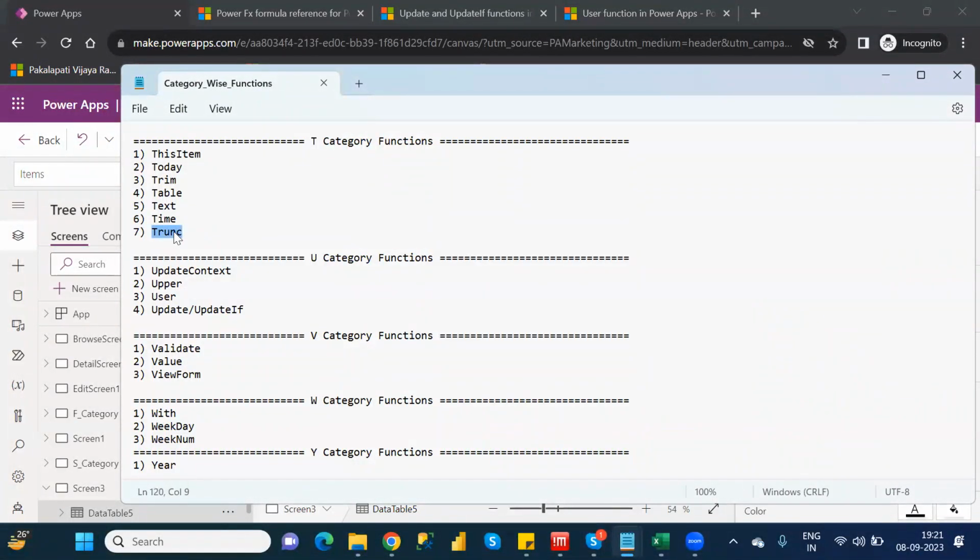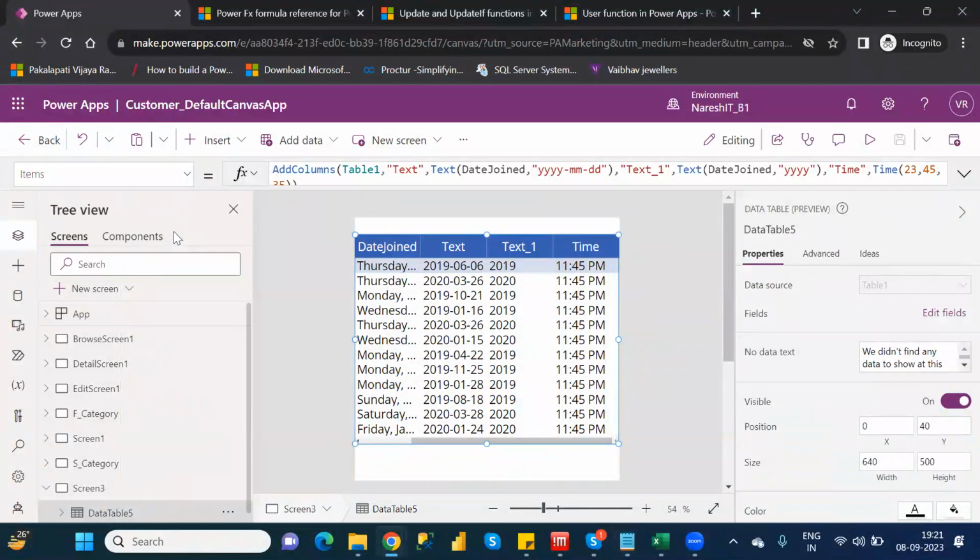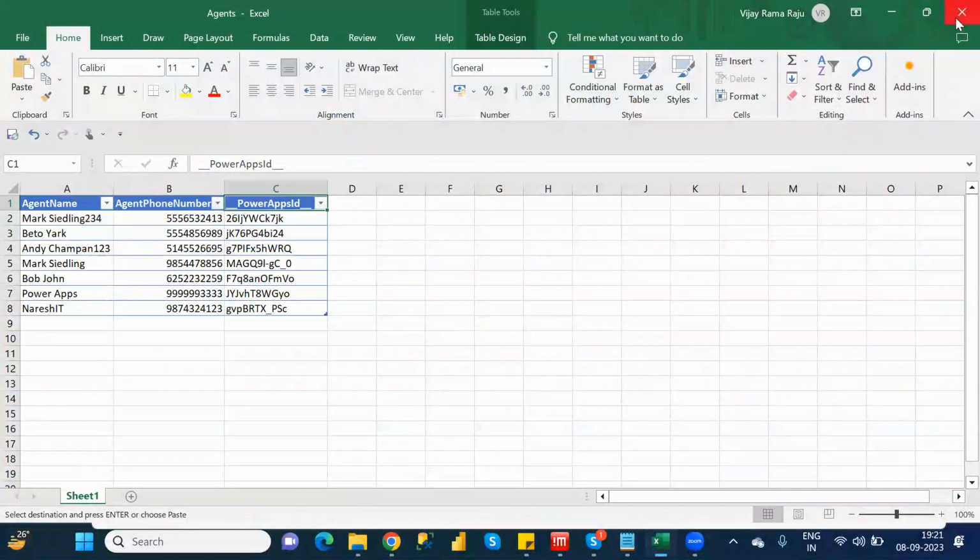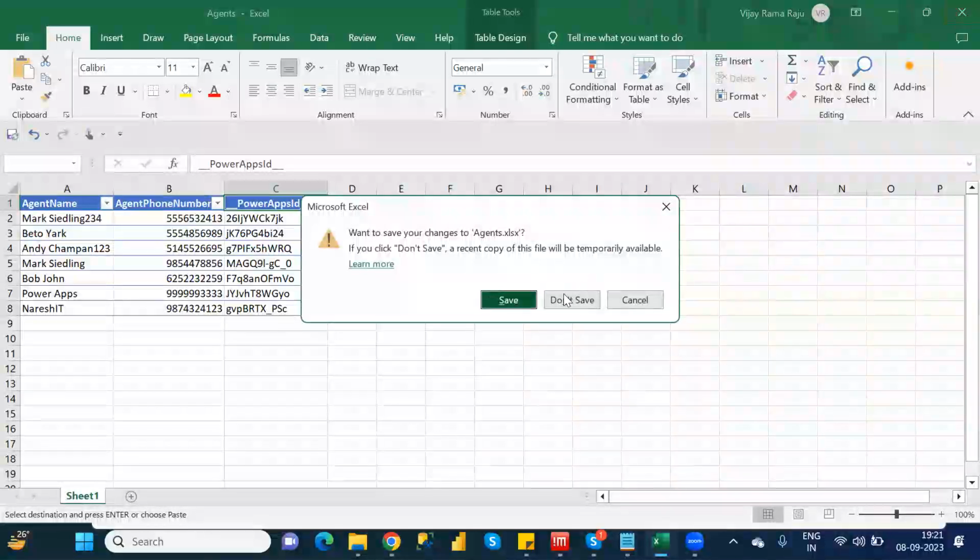Next one is trunc. I told you, right? Trunc means, see, at the time of discussing int, we were discussing about trunc, right? So what will the trunc function do? That means if you want to generate, suppose, for example,